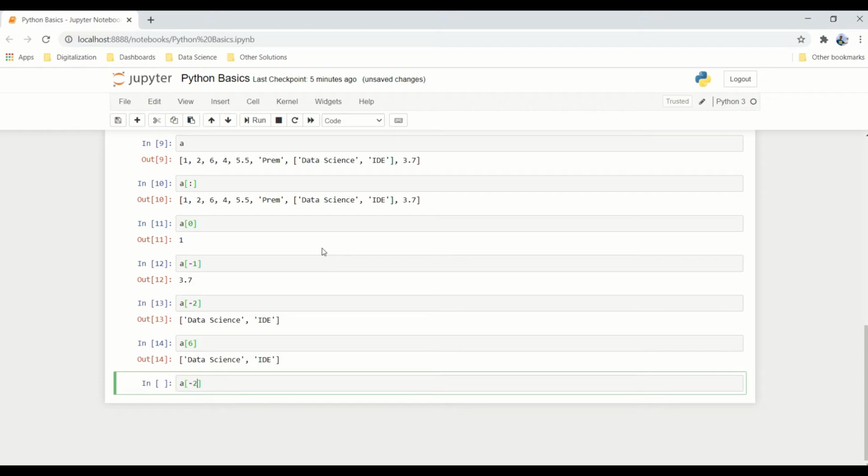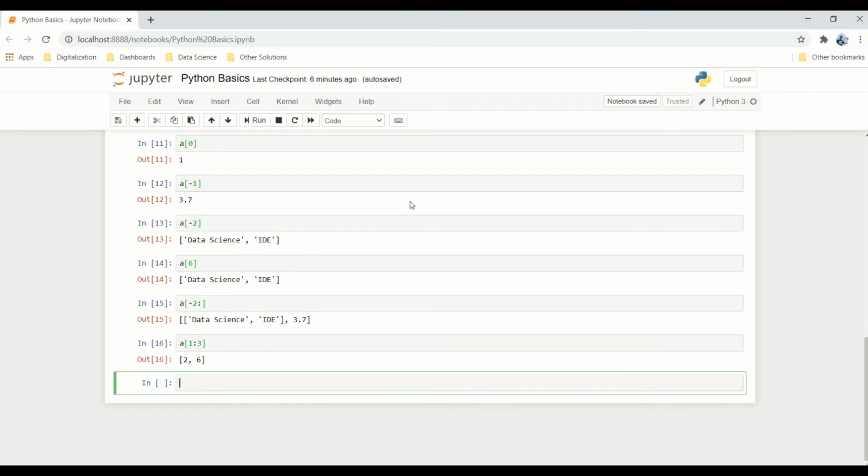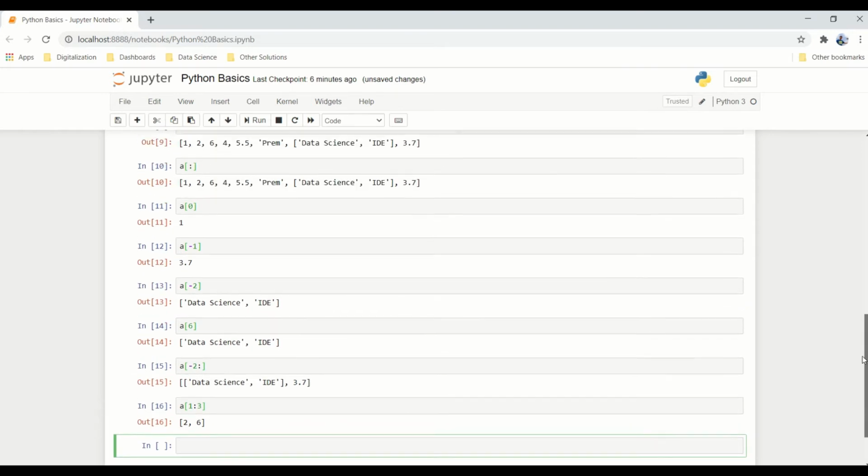Now let's take a deeper look into this indexing. There are two parts to this indexing: before and after the colon, the left and right side of the colon. So A of -2 colon means from -2 till the end it will show. But in the case of A of 1 to 3, it will start from the position of A of 1 till the third element, which is 2 and 6.